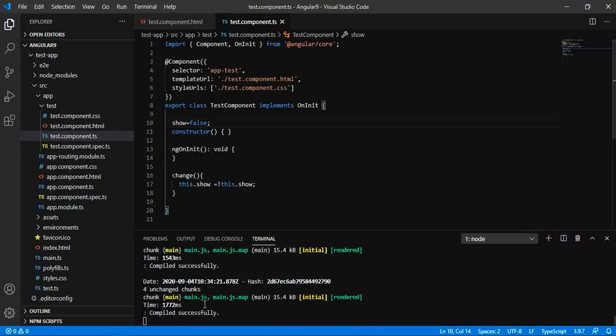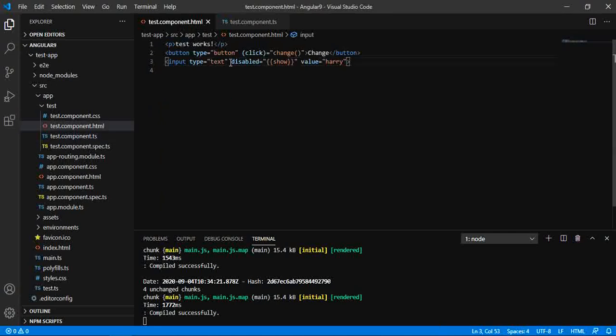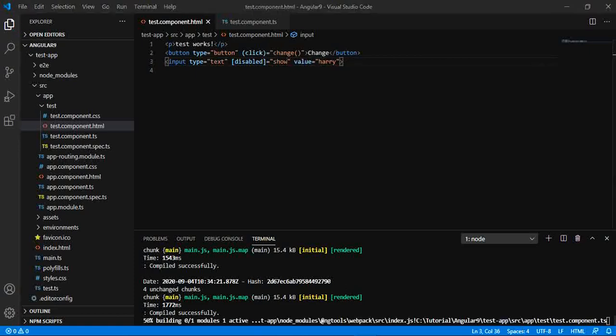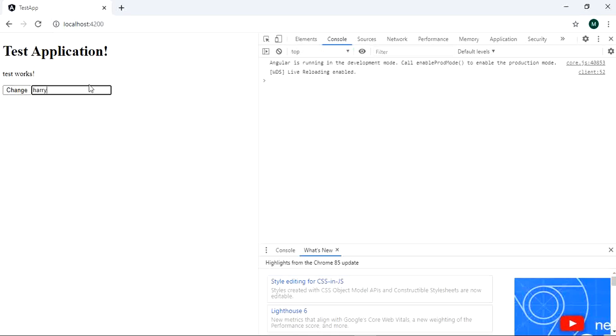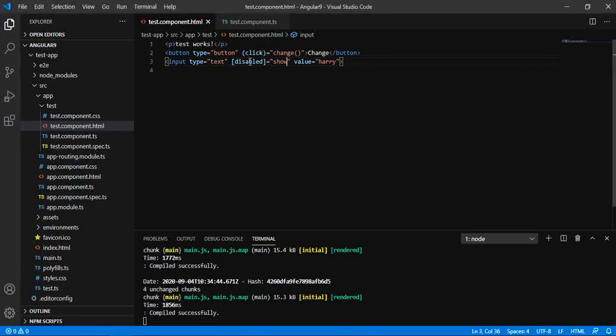What if I am trying to give the value with the help of property binding? Then what will happen? So now it is enabled. Clicking on this, it will make it disabled. So the main drawback is that when we bind the property with the help of this, then it is actually binding the property with the values available.